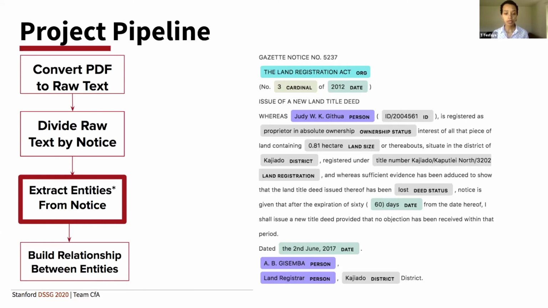But even this model is not 100% accurate. I'll draw your attention to the very last line, which has land register. It identifies it as a person, which is absolutely, of course, not. We know that's not a person. So even if it has some shortcomings, this modified model does a really good job of extracting a lot of the 21 entities that we're interested in. And it gives us a very useful output for the next stage, which is building relationships between these entities.